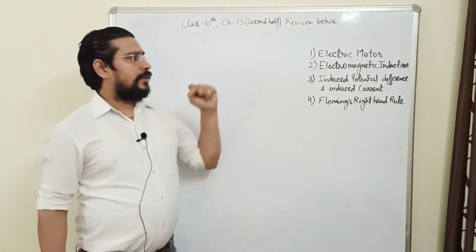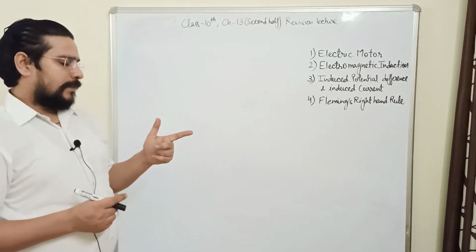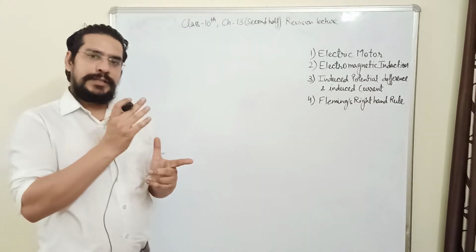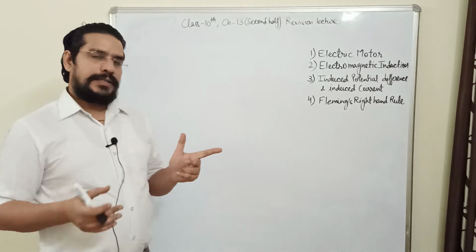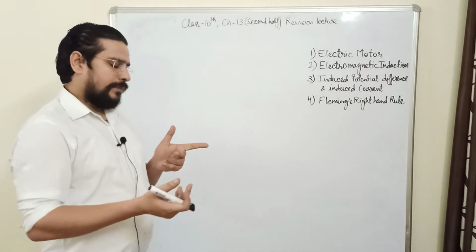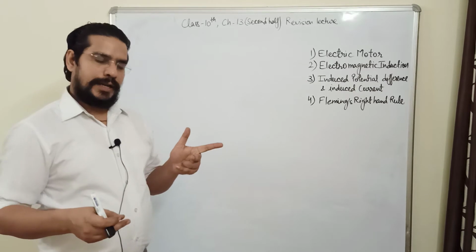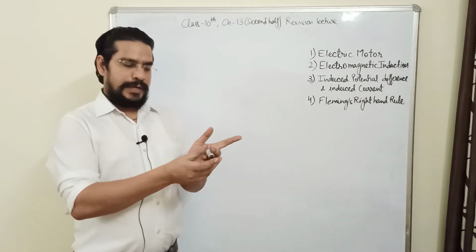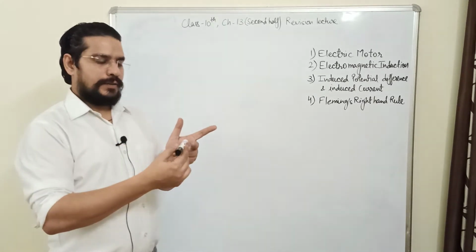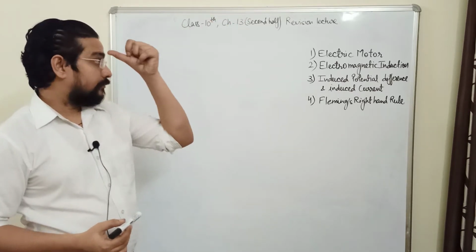So let us start with the electric motor. In the previous lecture we studied about Fleming's left hand rule, which gives us the direction of force which is experienced by a conductor, represented by the thumb, when it is placed in a magnetic field, and the direction of the magnetic field is represented by the index finger, and the direction of current in the conductor is given by our second finger. So if this is the conductor placed in a magnetic field and current is going in this direction, then this conductor will experience a force in upward direction where the thumb is pointing.